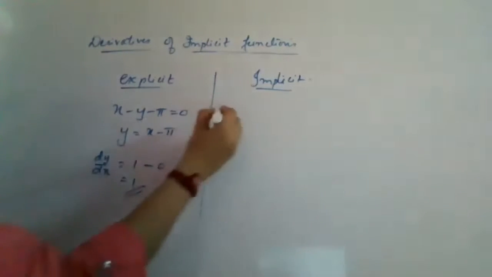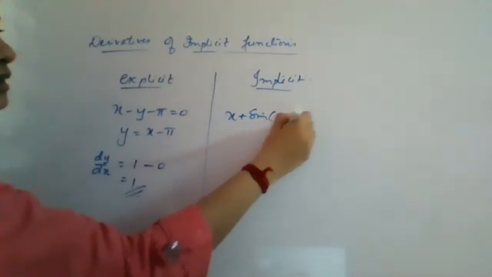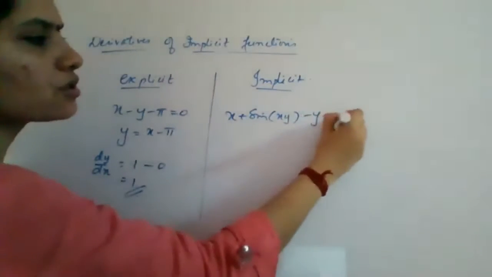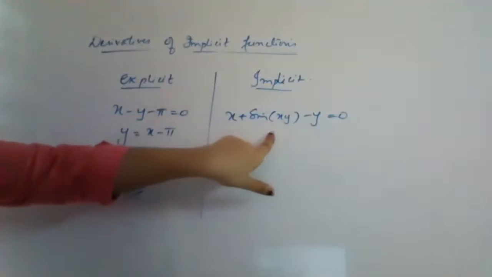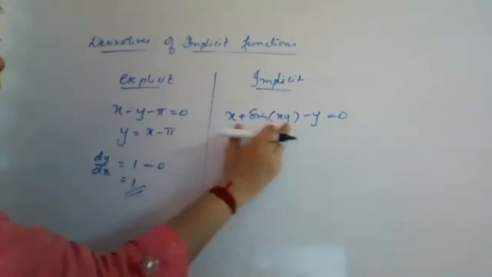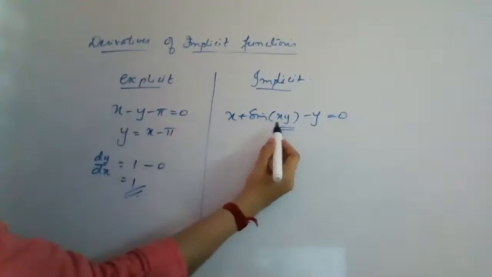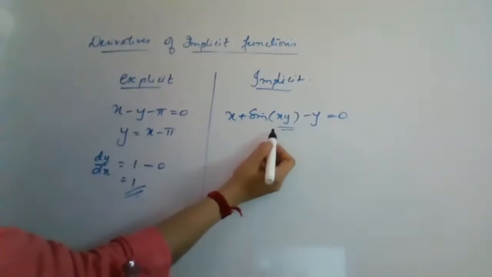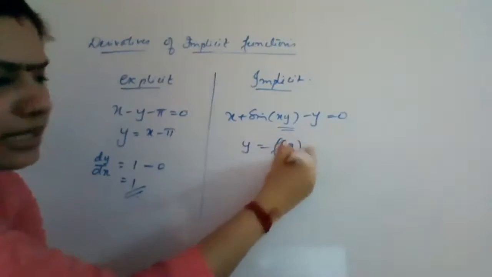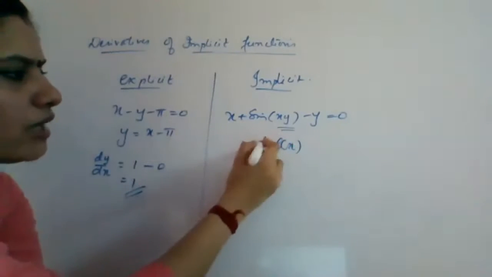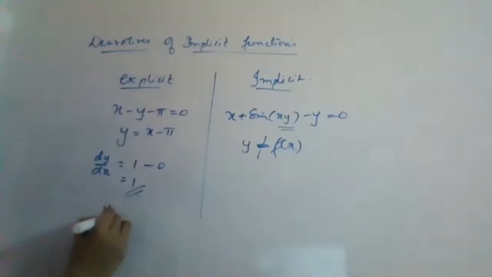Now, another example, which is x plus sine of xy minus y equal to 0. This is another example given in your textbook, and this is your implicit form. Now, why this is implicit form means, even if I make this as y equal to this one, here you have a combination of x and y for the angle of sine, and that we cannot separate easily. Understood? So at this juncture, we will say that this is an implicit form, where you cannot split your y or make the function as y equal to f of x. This is your implicit form. If you can write this as y equal to f of x, that is your explicit form.